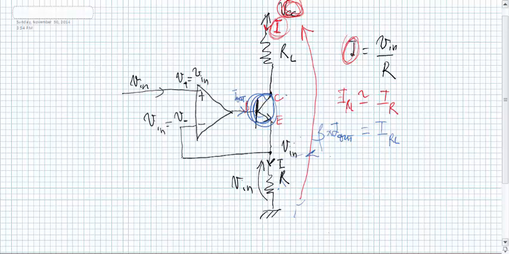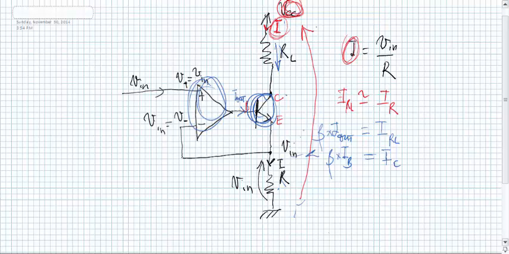Now this is simply a rewriting of I out, which is the current going through the base, and IRL, which is the current going through the collector, and we know that these are related through the current gain. So now I can get a fairly large current flowing through my load resistor without that current being directly generated